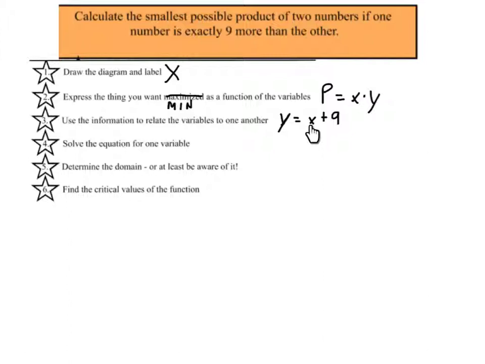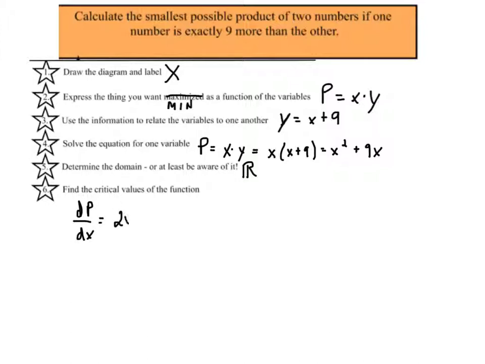Okay, so now product was x multiplied by y. Now it's x multiplied by x plus 9. That's x squared plus 9x. The domain here really is all real numbers. I didn't say they had to be positive. I didn't say they had to be negative. So it's all reals. So the critical points, dP/dx,